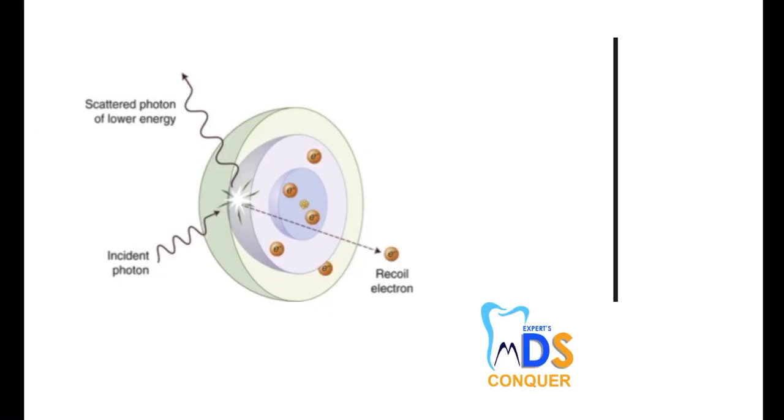If you try to learn by heart the points in the textbook, it is very difficult to remember them for a long time. It's better to remember the diagram so that you can represent it well. So diagrammatic representation is very important. Have a good idea of all the diagrams related to the different types of scatterings. Within the X-ray tube, for Bremsstrahlung radiation and characteristic radiation, the diagrams are important, and again for the interaction with matter, the diagrams of these three types of scatterings are important, because diagrams give you a good concept and you can remember for a longer time.